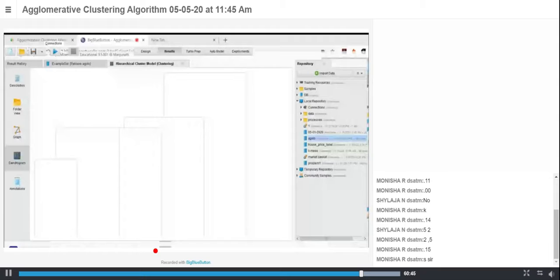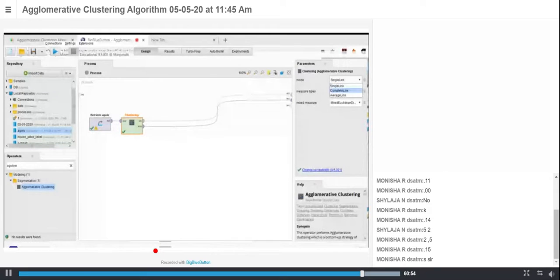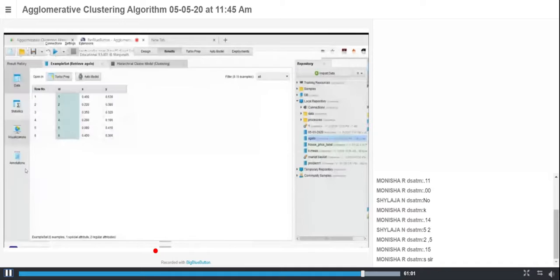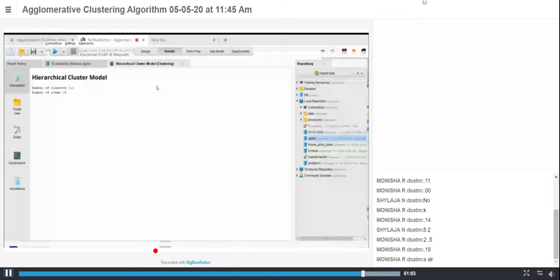Next, we will try the same thing with respect to complete link. So I'll go to design. I'm going to select the maximum distance and run this program. Here also we have formed 11 clusters and the dendrogram looks like this. This is with respect to complete link or maximum distance value. All of you able to see the new dendrogram with respect to complete link now? This is the cluster.